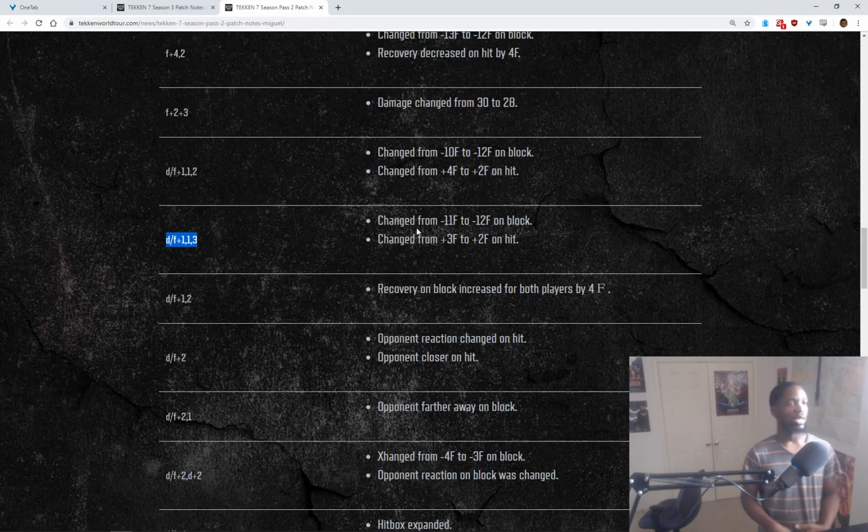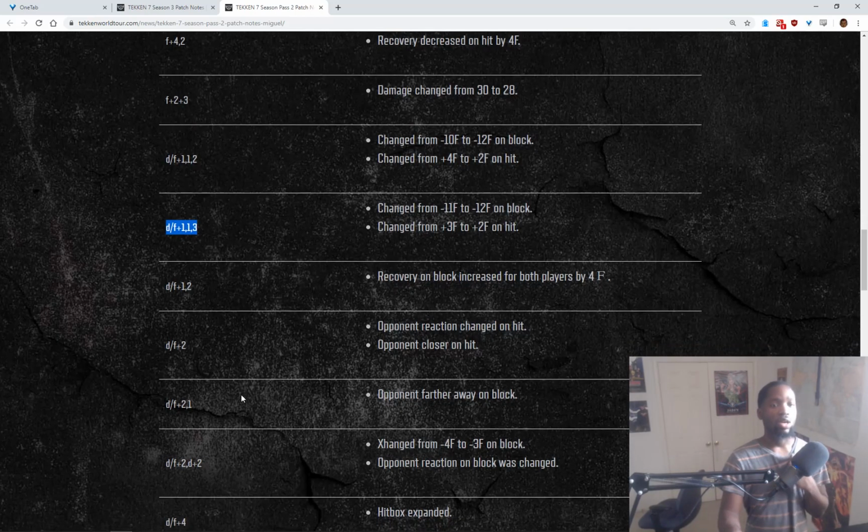And so then you have to rely on standing 4. You have to rely on 4-4. You have to rely on down 1-2. You know what I mean? So you're playing him like a kind of a long range poking character, because what are you going to use to get in? You know what I mean? Or his tackle, or 4-4-2-1, which they did well on season 2 by making